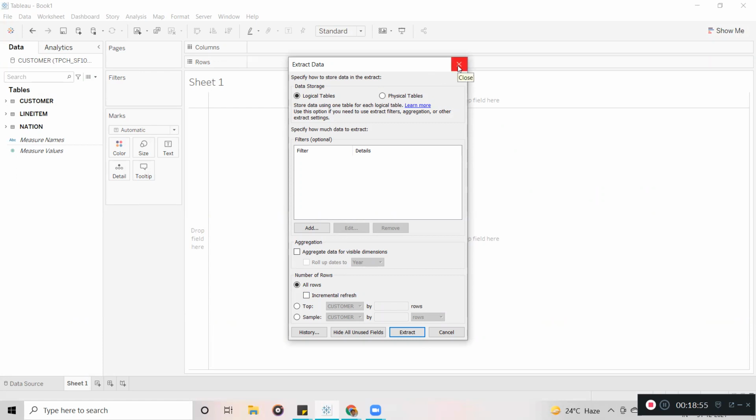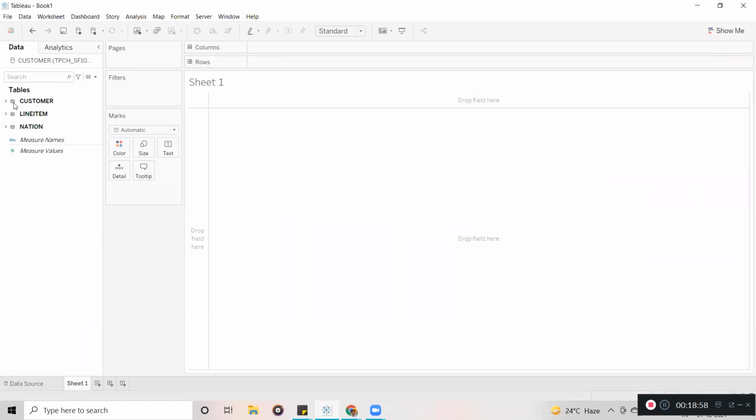So to create an extract, what is going to happen? Whatever the data we are having in the database tables, all the data is going to be copied into your local extract file. Means we are going to take a copy of the data from the database. But here we are having 15 million records, 15 crores of data, and it is very difficult to fetch all the records. It will take like 4 hours, 5 hours, depending on the data size and the connectivity between our machine and the server. So to avoid that, what I am going to do is create